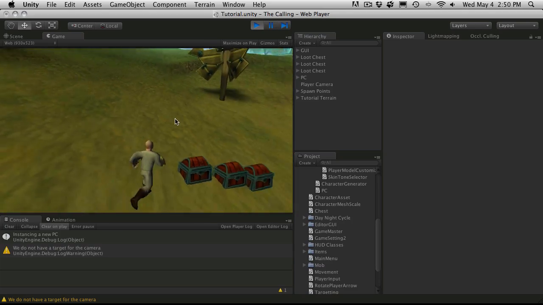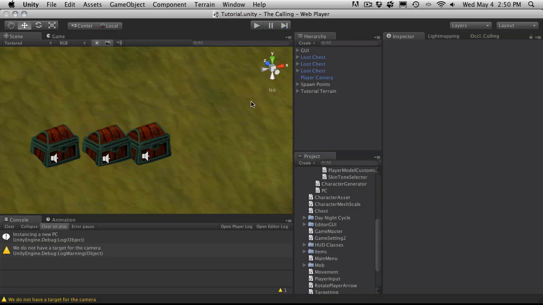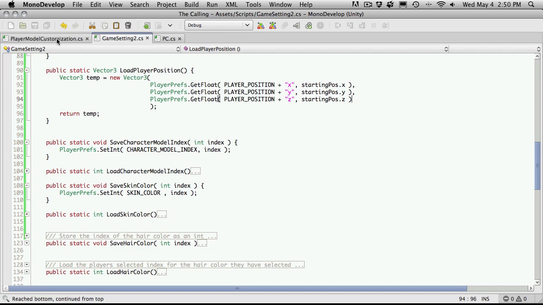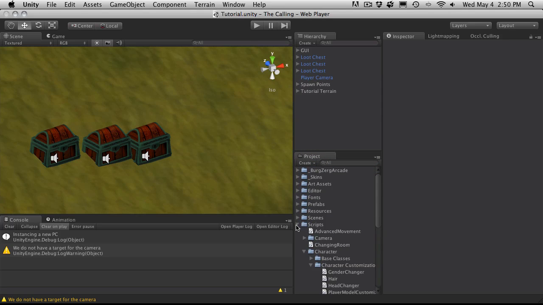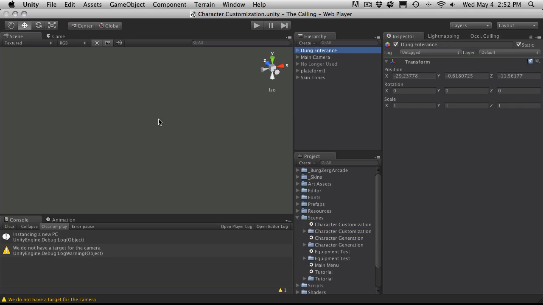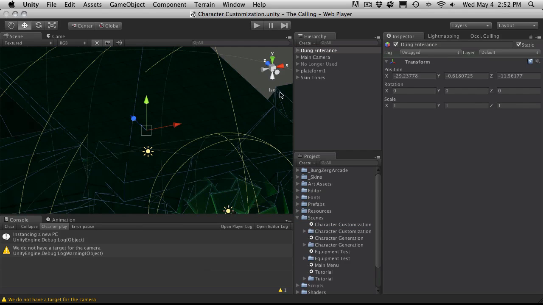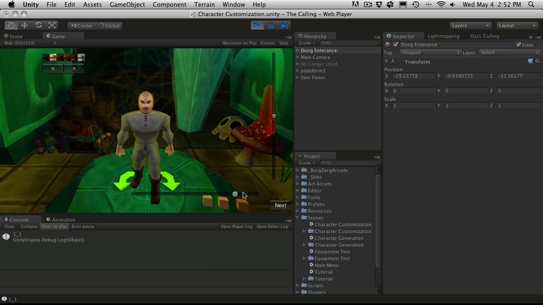Now let's go ahead and I guess next we'll do skin color next. Actually, before we do that, let's go back to our other scene, which was our character customization. And we'll go ahead and just zoom in a bit on the scene itself. And let's just make sure that this script is actually still working. Let's see, so he scales